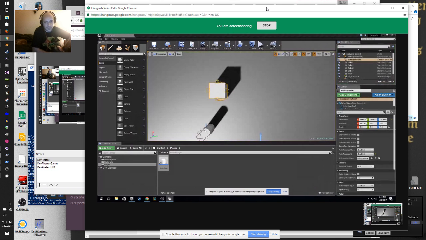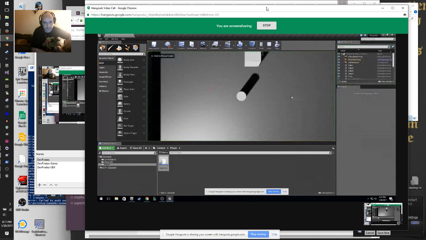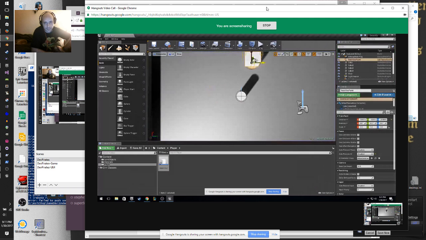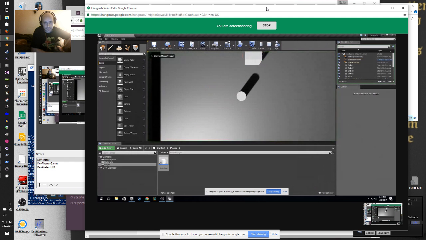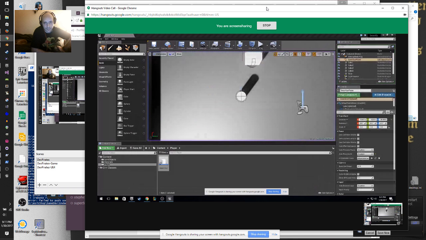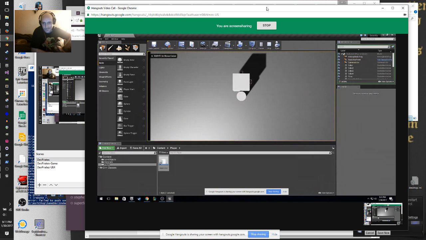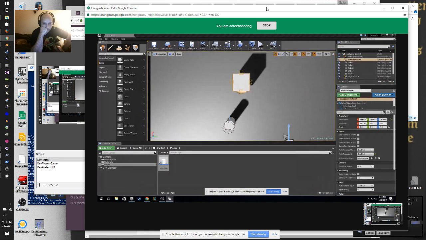Let's try checking that force box. Colliding with something? It does not want to move. All right, I'm just going to see if I can get it to move. So I want to launch.